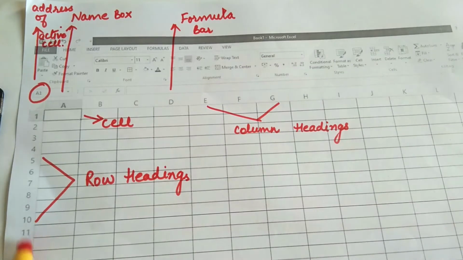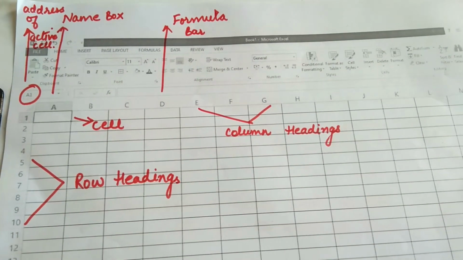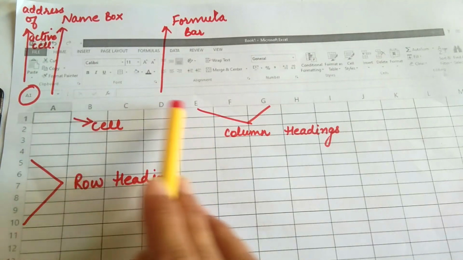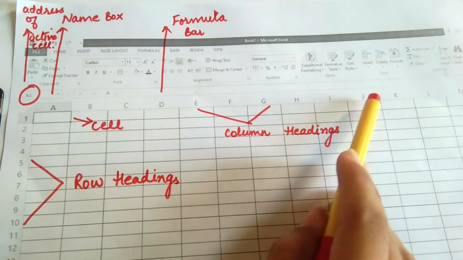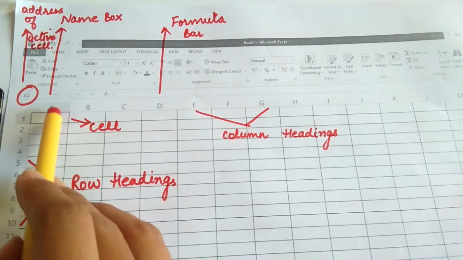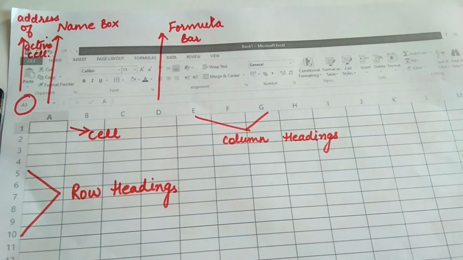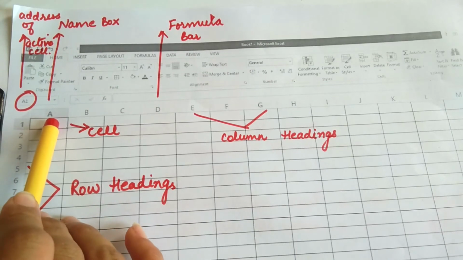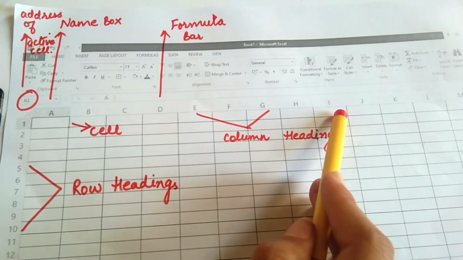So the numbers on the left hand side are called row headings, and these are column headings. The alphabets that you can see on the top, one vertical column, are the column headings A, B, C, D, and so on, right?